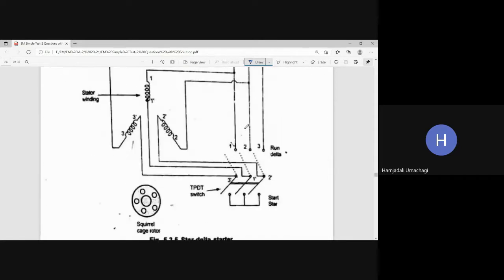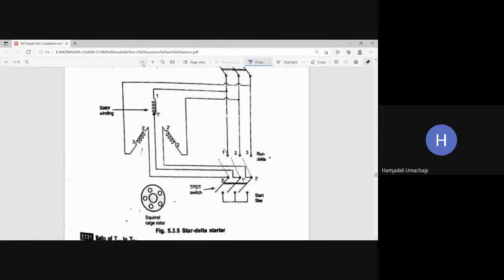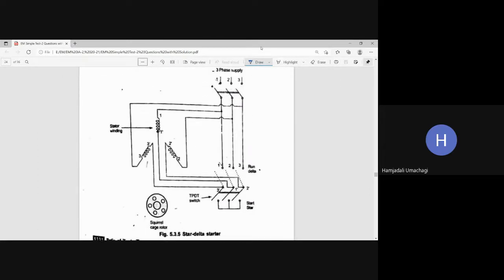So this is the circuit diagram for star delta starter, which you are supposed to draw. Okay, from this point till this. So this is the rotor of the induction motor. This is the stator of the induction motor, where stator is supplied with three-phase AC supply. In the beginning, with the help of TPDT switch, it will be getting reduced voltage with the help of star connection. That is, phase voltage is equal to 1 by root 3 times of line voltage. Once it is going to pick up normal speed, then with the help of TPDT switch, it is thrown onto the other side, which is connected in delta fashion during normal running conditions. So it will be getting normal rated voltage and the motor can work satisfactorily.